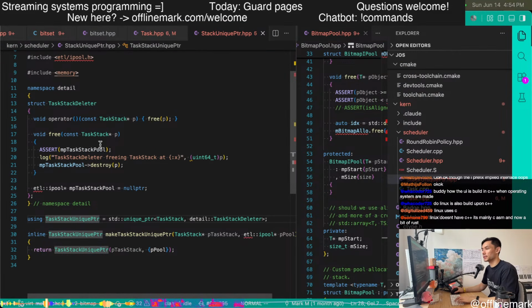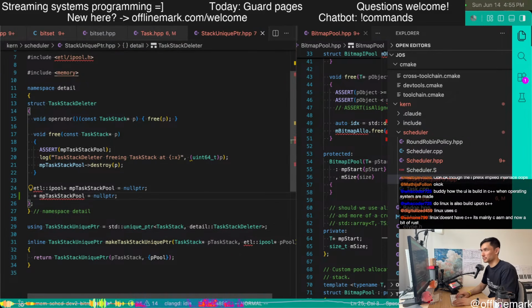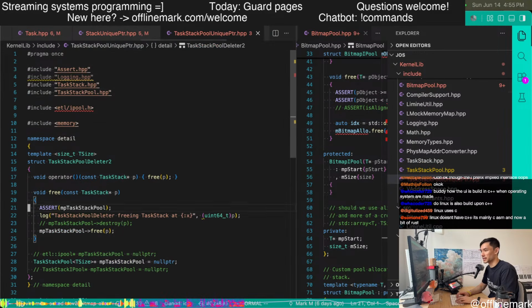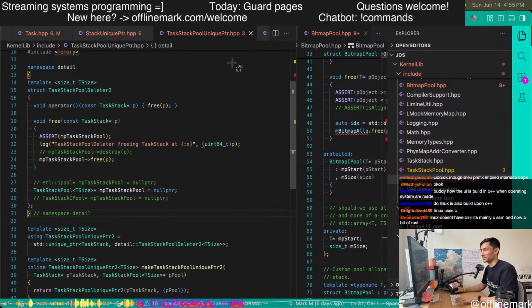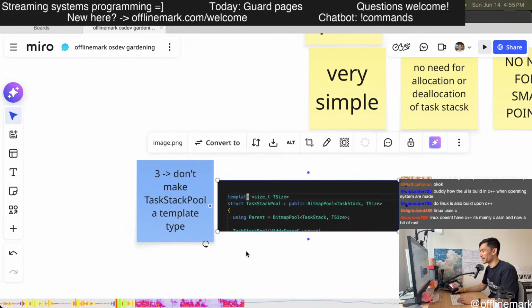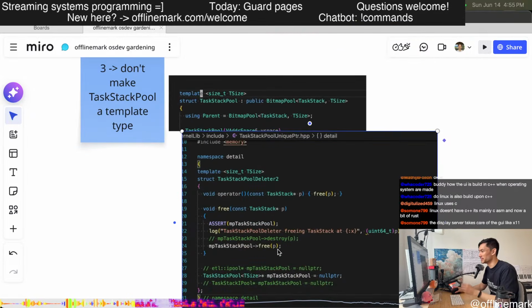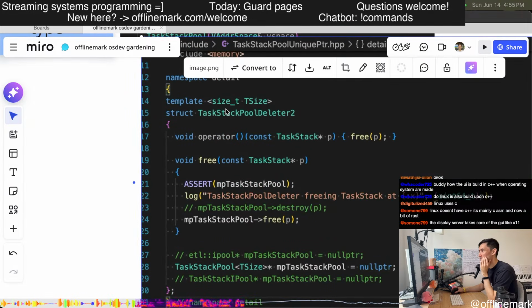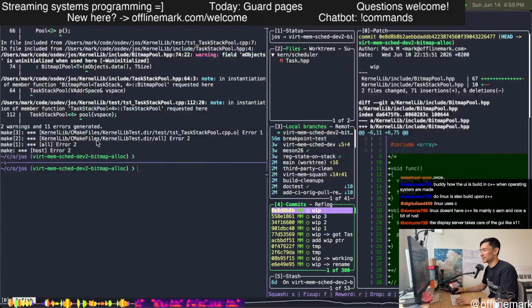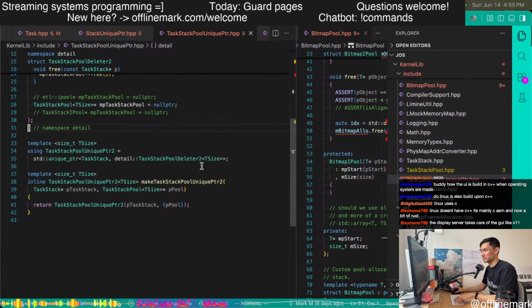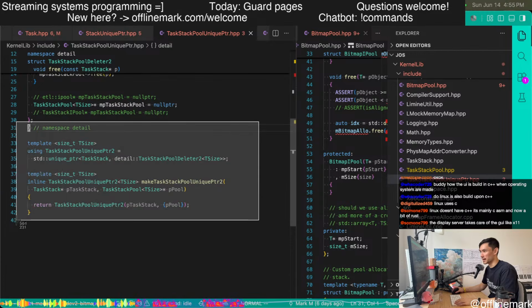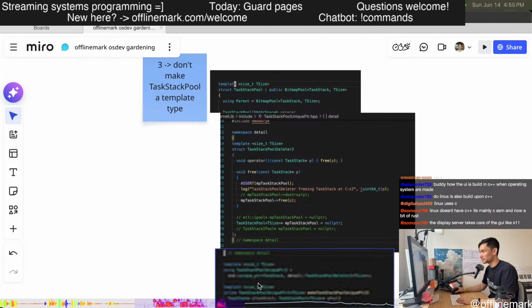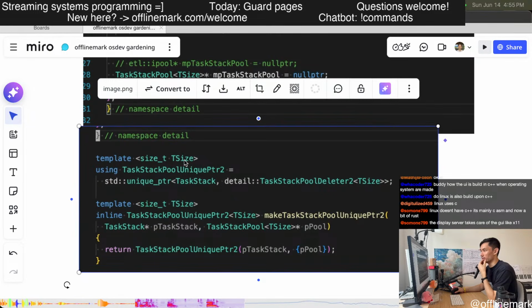where this part would get difficult. Task unique. Yeah, task unique. So here is exactly the problem, and this is what we were looking at last time. Here's what I tried to do: I tried to implement the unique pointer. The problem is that there's this size template, which means this whole thing needs to become a template, which means the template argument spreads like a virus through absolutely everything. And that is a bad thing.